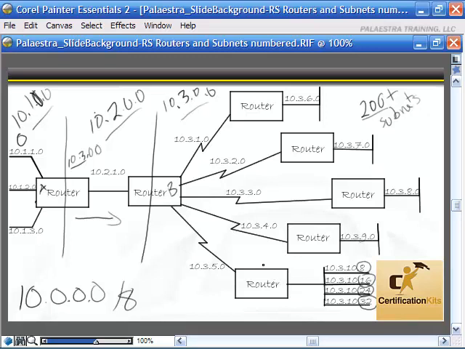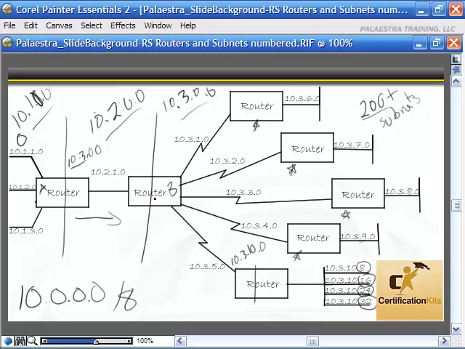So what I should do here is summarize and tell all the other routers, hey, if you want to get anything to the 10.3.10.0 subnet or network, just send it over to me. I'll worry about the details. That would cut down the size of the routing tables for all these other routers here in the